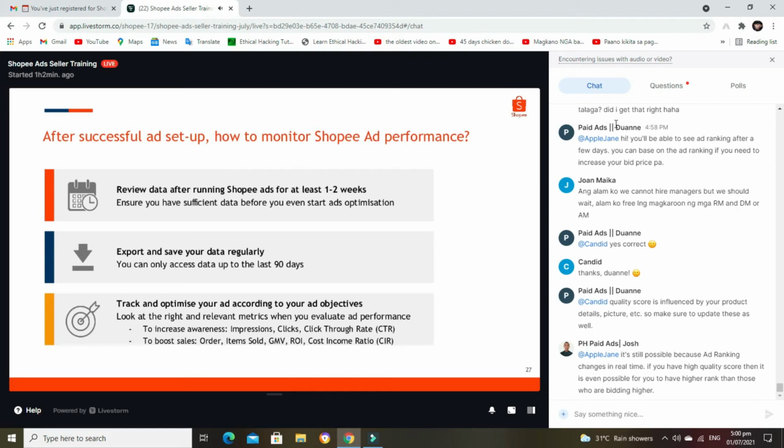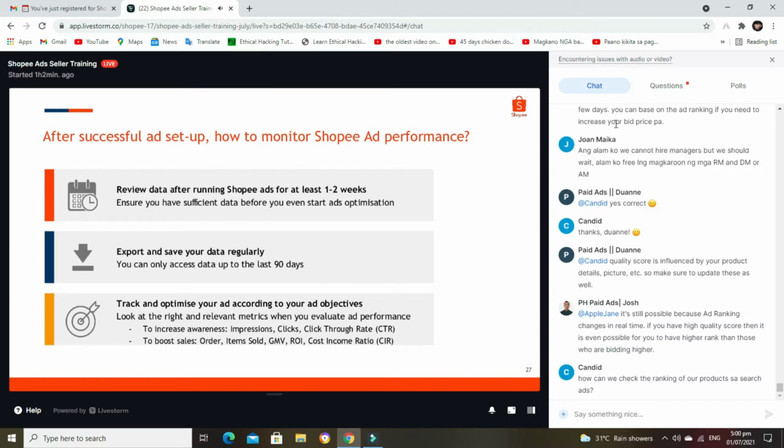We save our data weekly or monthly. It really depends on the data. But generally, let's save it weekly. And then the next step that you can take is to track and optimize your ad according to your